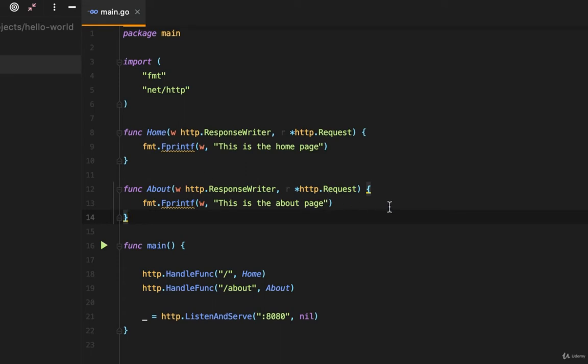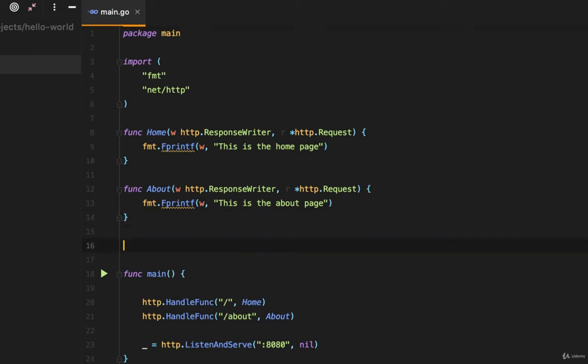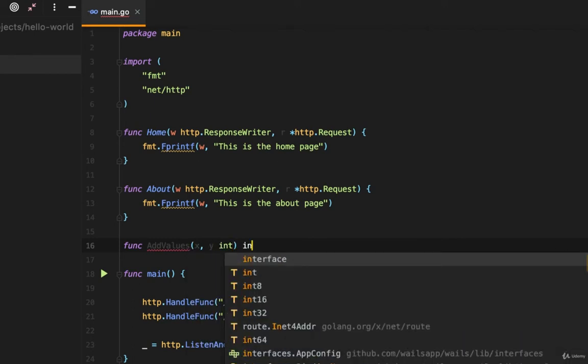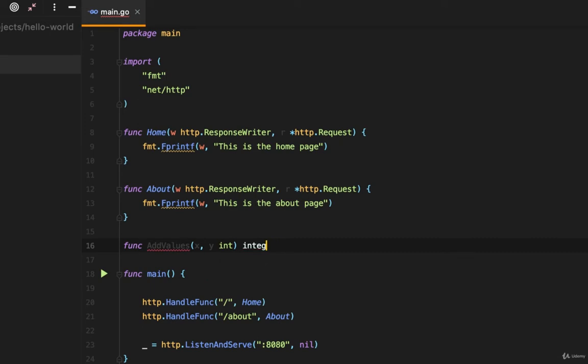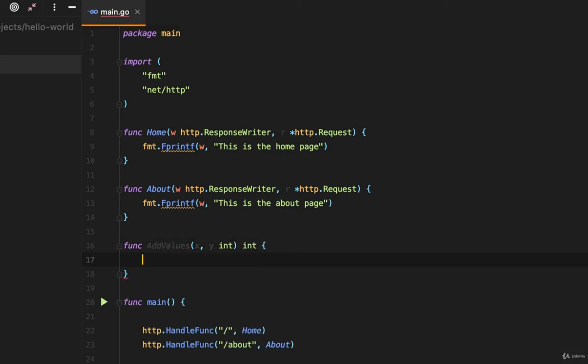But we can make it a little more complex than that. Instead of just saying this is the about page, let's have it return a computed function. So I'm going to have another function, func, and it's not going to be a handler, it's just going to be a standard function that I can do anything with. And I'll call it addValues. And this is going to take 2 parameters, x and y, both of which are integers. And it's going to return an integer, which is just int, not integer. And all I'm going to do is return